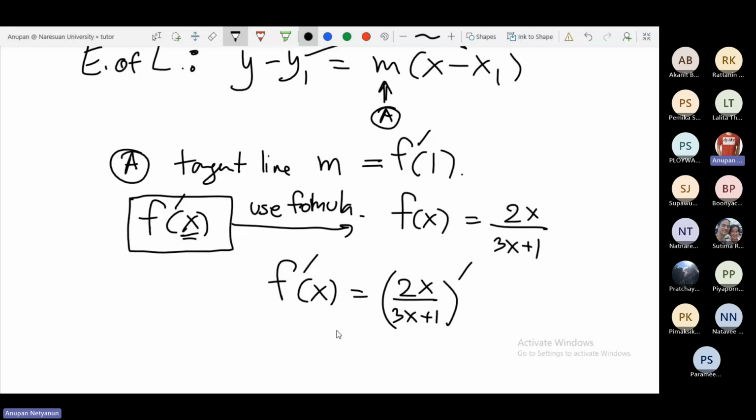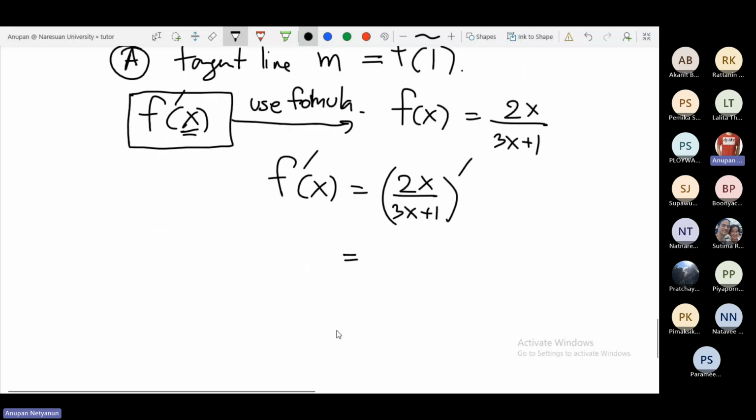And you can see that it's a fraction, or you can see the division here. So you can use the division rule for derivatives, which is equal to the bottom,